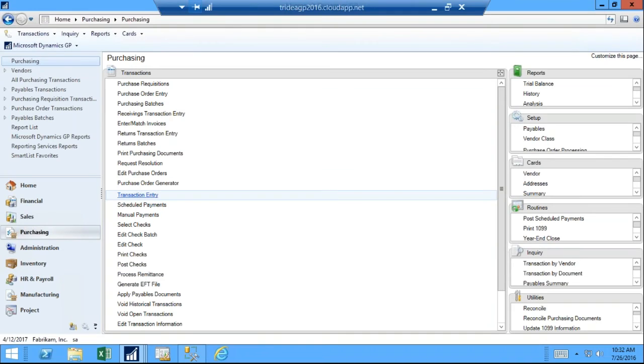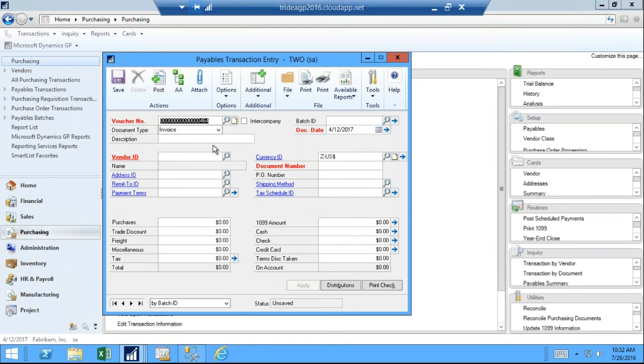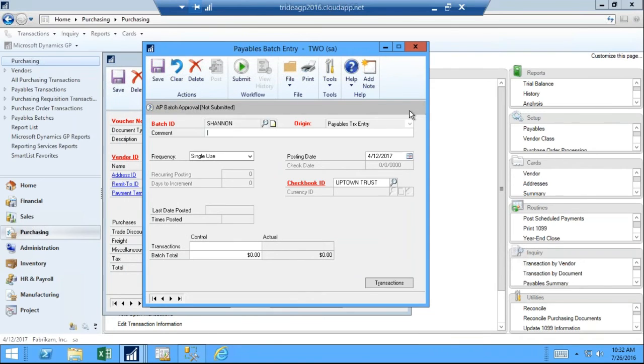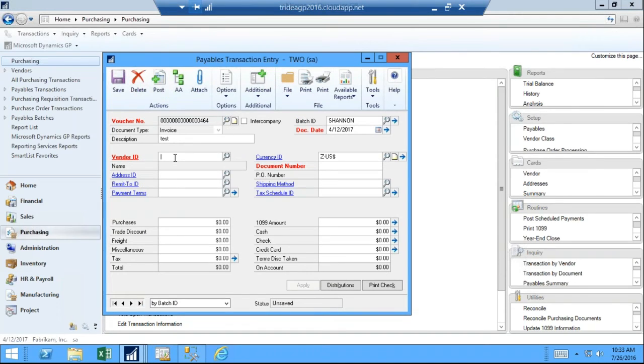So I'm just going to come in here. I'm just going to create a basic invoice. And let me create a batch. And you'll see here that in my batch window, I have this gray toolbar that's now identifying which workflow is set up. Right now, this is the status of that workflow. And then you'll see that there's now these icons for workflow, so you know the workflow is turned on. So in this case, this is normal batch setup. I'm just going to go ahead and double check it and then click Save,